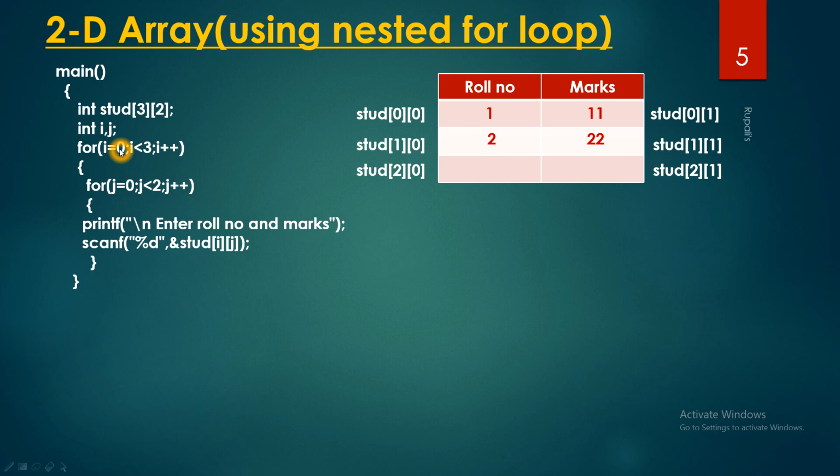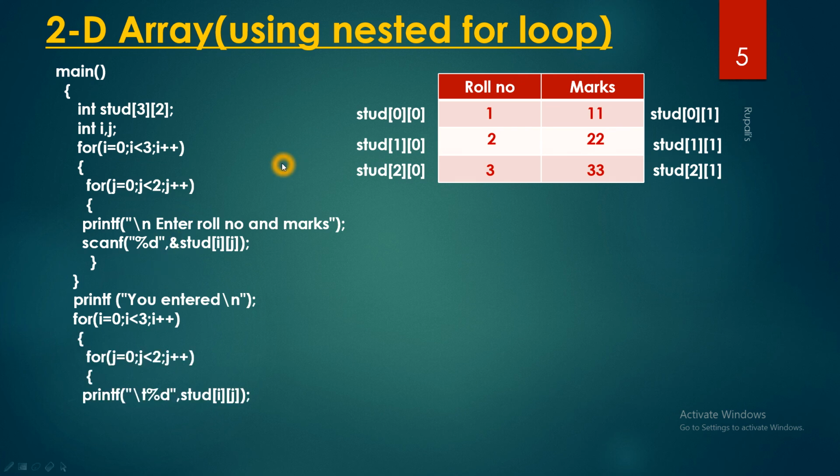So again I increase, i becomes 2, so it is 2 and 0, the third student's roll number, and it is 2 and 1, so the corresponding marks. In this way, by using 2 for loops, you get all data from the user in a 2-dimensional array. Now your task is to print this array, just in the same way you print the array. In this way, first it is 0 0, so you print 1, then 0 1, you print 11. So when we run the program,